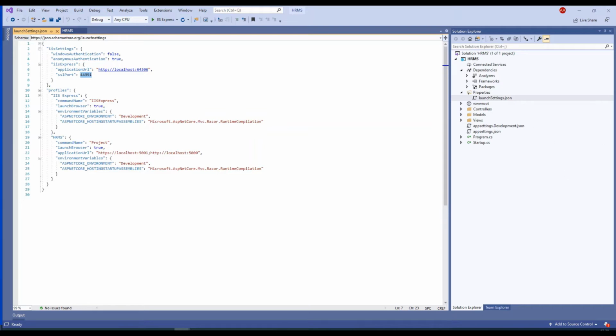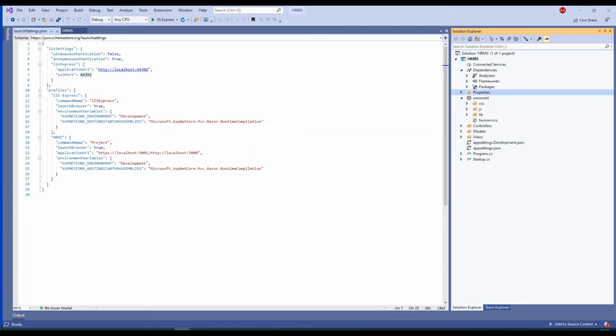Okay, the main folder is here. wwwroot is where we keep CSS, JS and library files, like jQuery validation and jQuery bootstrap. These are external files: we write jQuery, JavaScript and CSS files, and we insert images here.